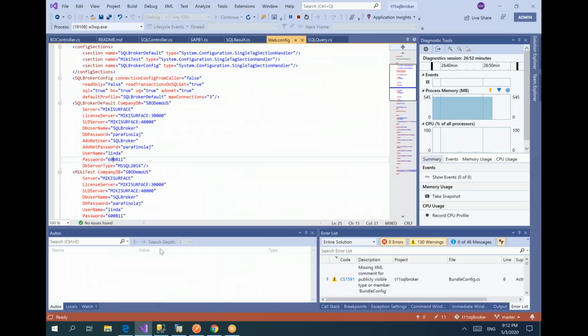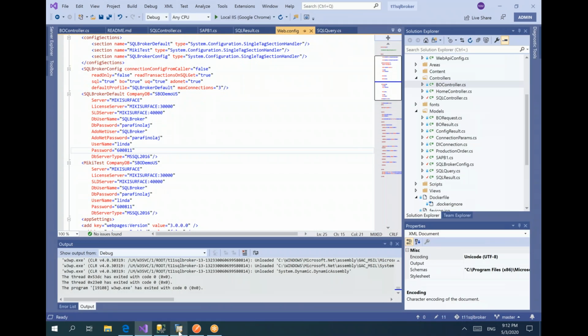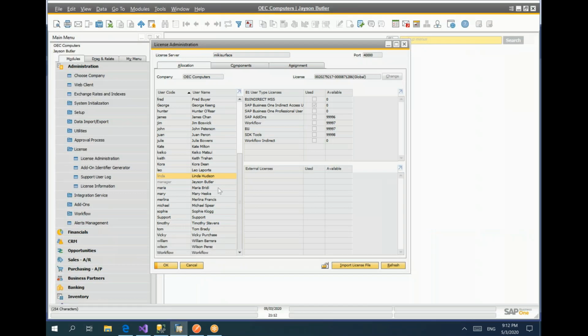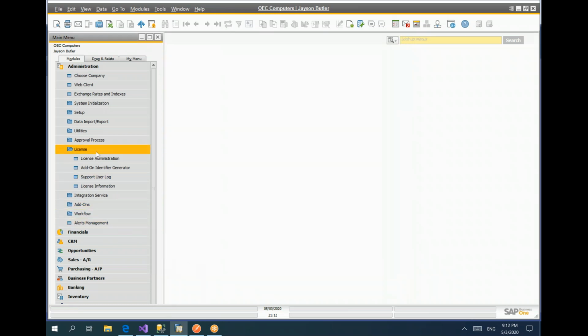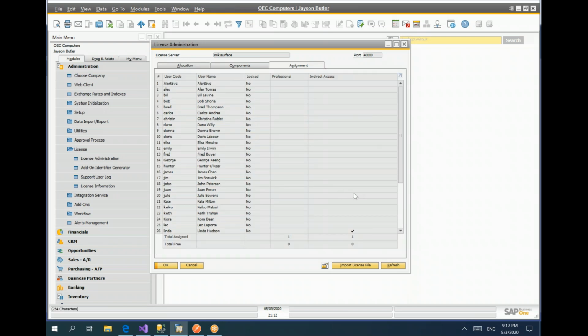Stop the server completely. Yes, the screen cannot just be refreshed. License administration. Linda is still, okay, and then